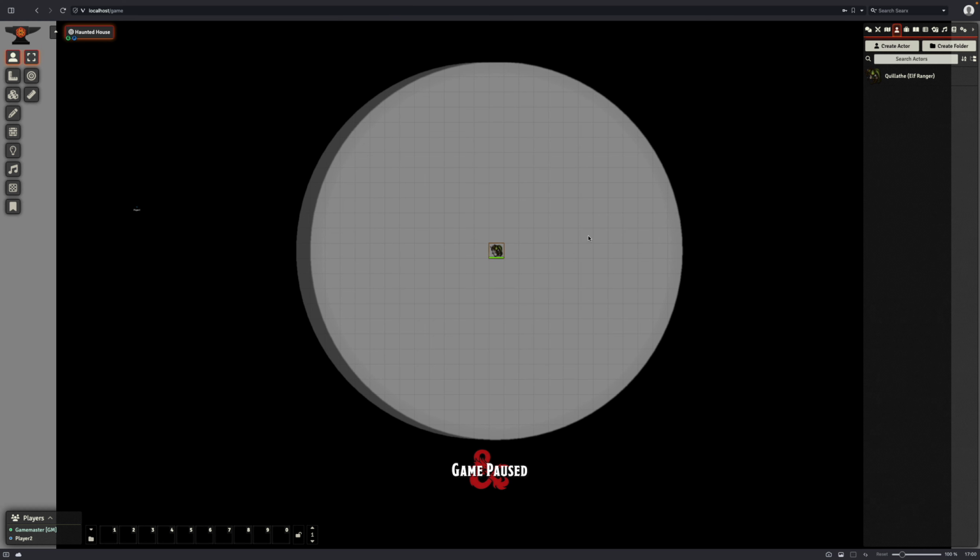So I press the space bar. As the Dungeon Master, I press the space bar, and you'll notice game paused has disappeared. The game is now live. It's active. Players can interact with it. So coming back to our player,